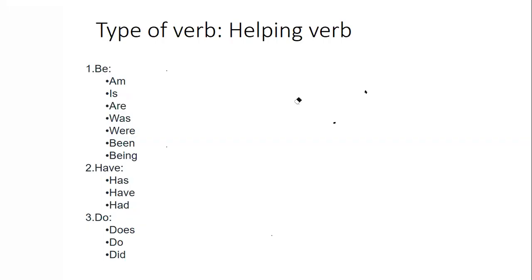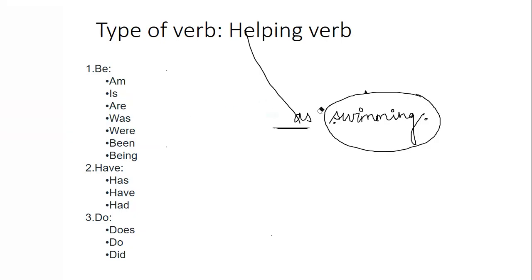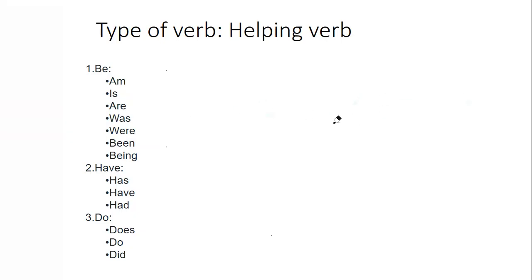For example, we can write down one statement. John was swimming. So, what is the action verb? Swimming. But was is our helping verb, right? So, hopefully, you got the information about action verbs and helping verbs. Let us go to